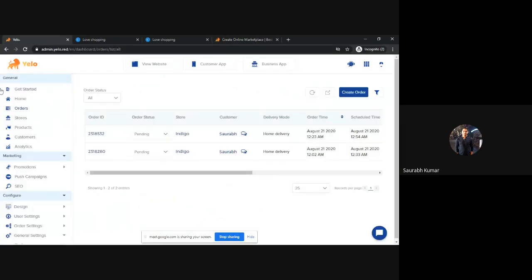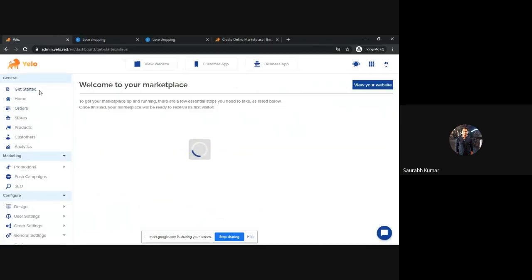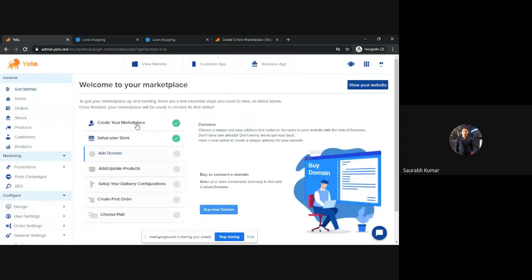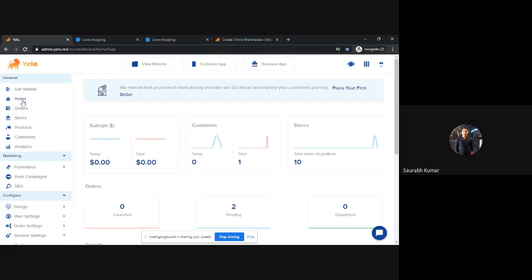And you will directly reach this page, the get started page, after choosing your marketplace. So you need to just enter some marketplace details in store. The next page will be sales data, customer, store. There will be some data available related to your platform, like which kind of shop you have, number of stores, number of sales you have made, pending orders, and all.